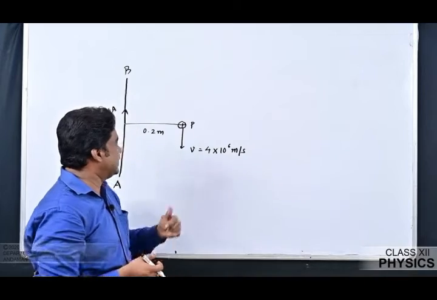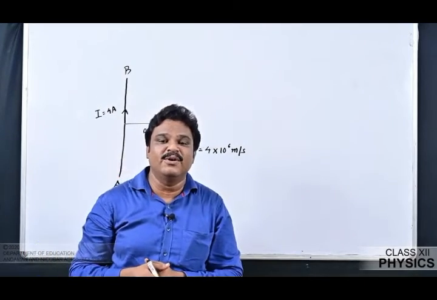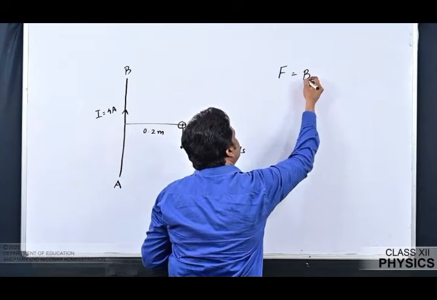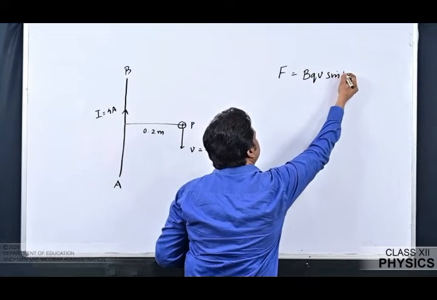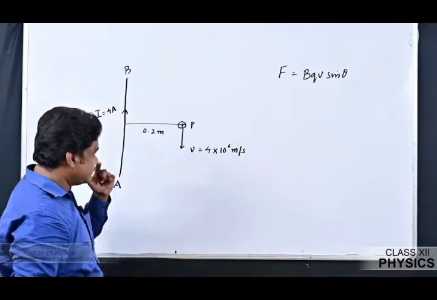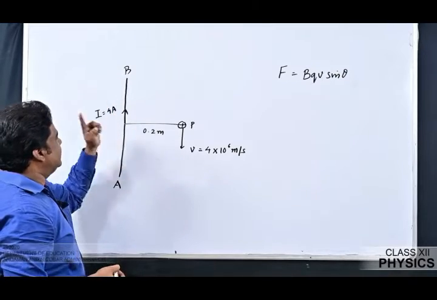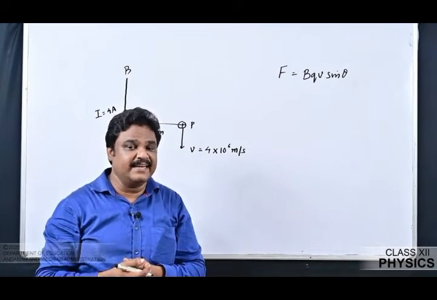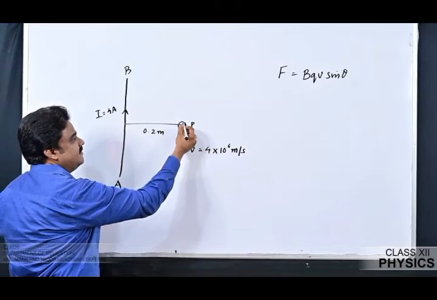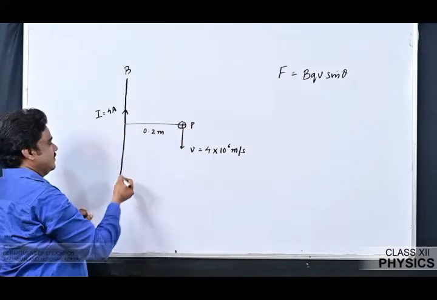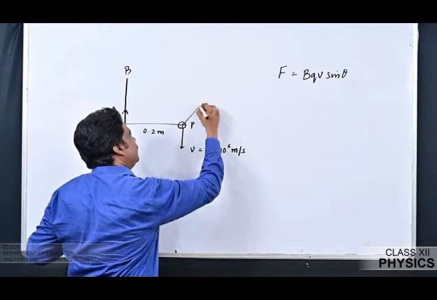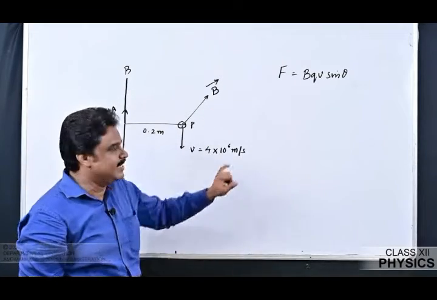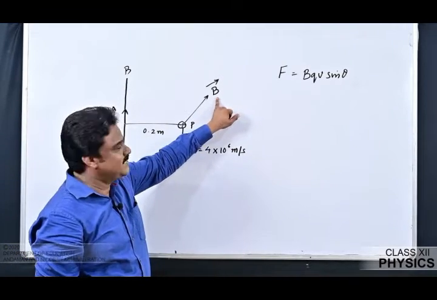When a charge is moving in a magnetic field, it experiences a magnetic Lorentz force, F is equal to BQV sine theta. Now let us check here. Obviously, when a current flows through a conductor, it creates a magnetic field. We already studied the magnetic field due to a straight current carrying conductor. Since the current is from A to B, I can use the right hand thumb rule. The magnetic field will be perpendicular to the plane and acts inwards. I think this is very easy.